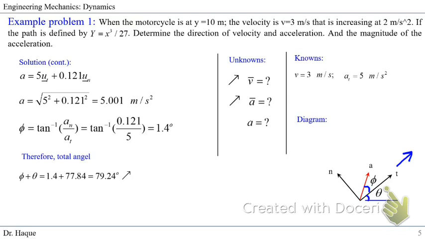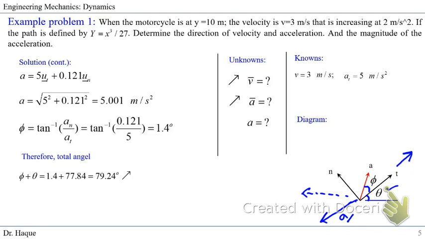If my bike was moving downward, then the angle we would have got for the velocity would have been this theta, but my acceleration would be in this direction. If my acceleration was downward, in that case